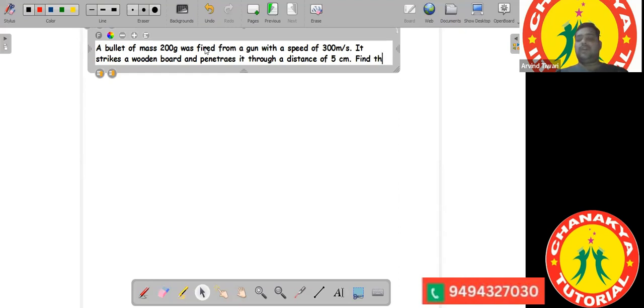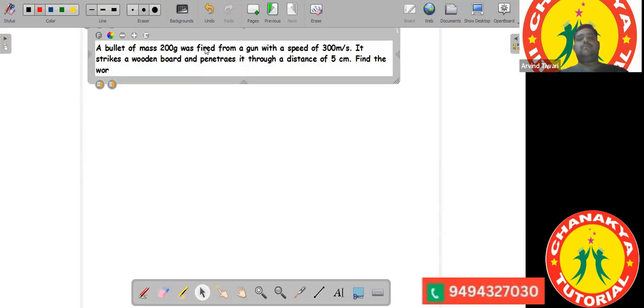So find the work done by the wooden block if the bullet comes out of it with a speed of